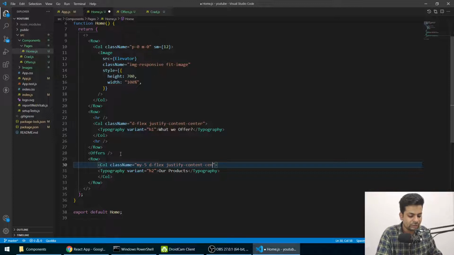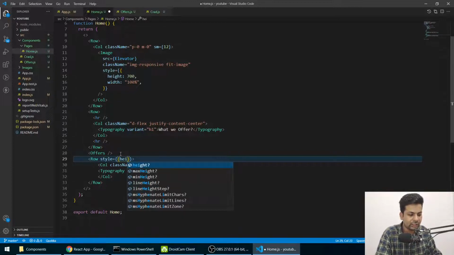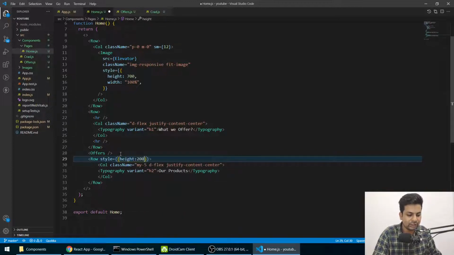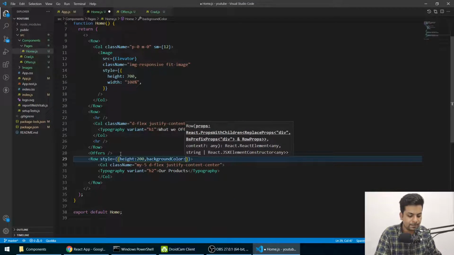And for the row I'll say style, for the background color I'll take, so I'll say height, like what is the height I need, so I need like 200 px, and background color should be gray.